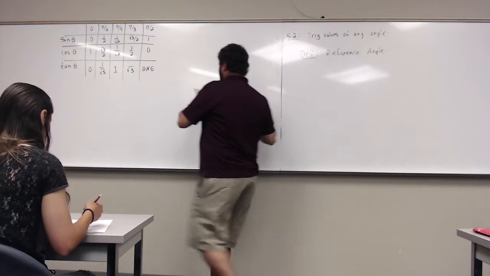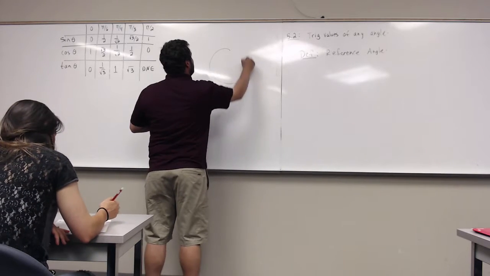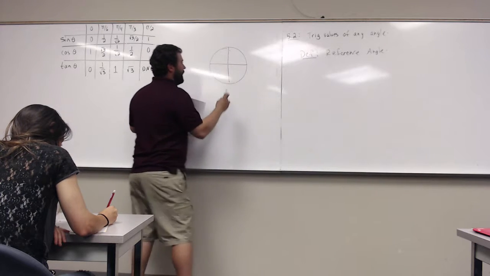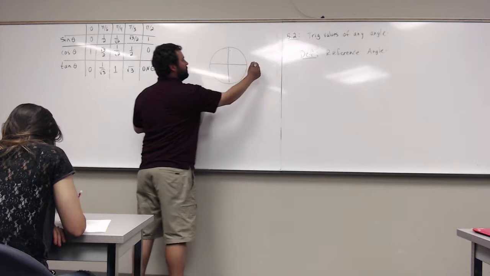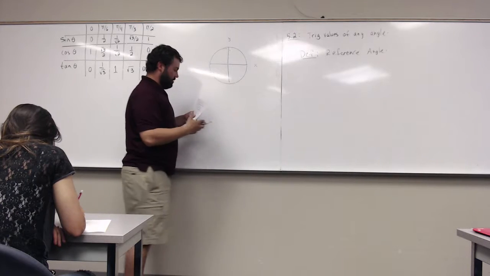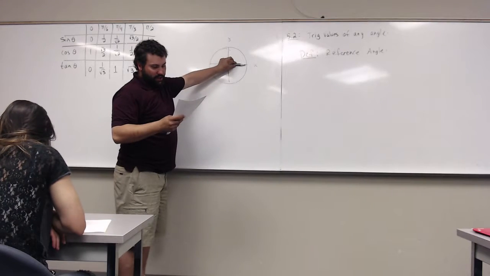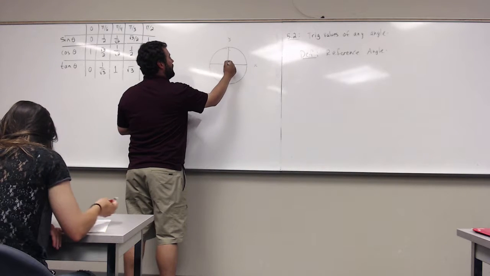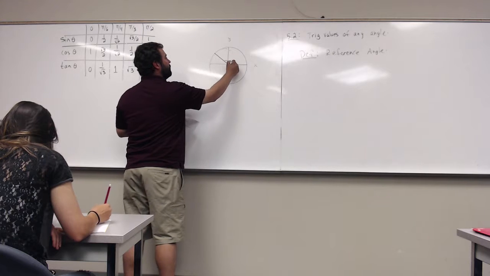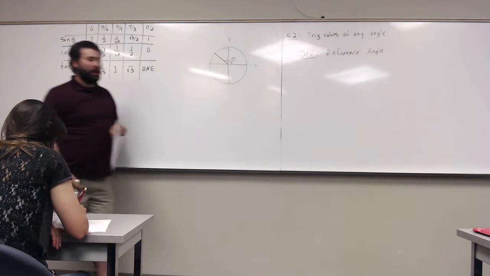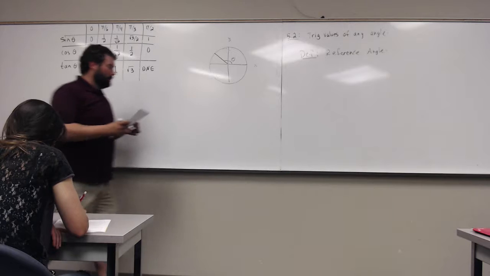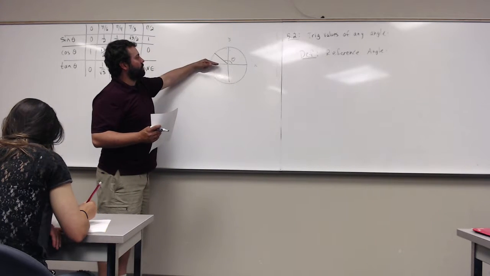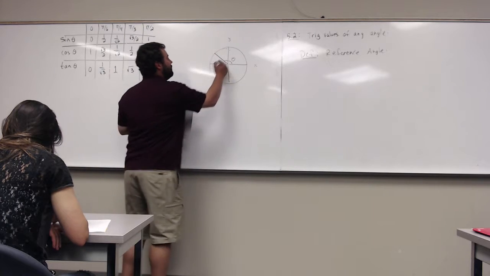Okay, so let me start by drawing a picture. So here's my unit circle. Remember, angles start in standard position. This is your x-axis, that's your y-axis. So start with an angle in standard position. Say I rotate so that my angle's terminal side ends up being in the third quadrant, and there's my angle theta. Now, between the angle that is formed from the x-axis and the terminal side, so this little teeny